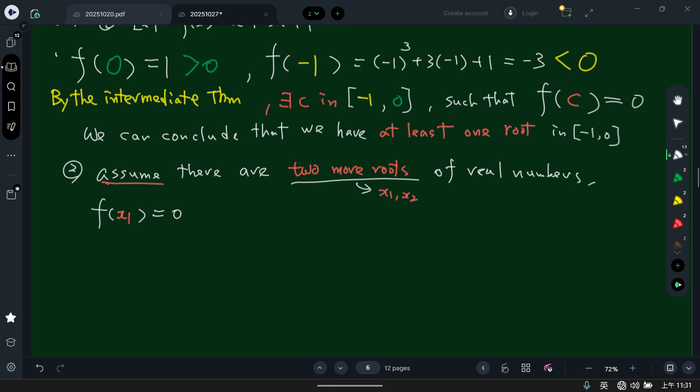right? And at the same time, since S2 is also a root, f of S2 should also be 0, right? Because we assume these two are roots. So of course, when we put them in as input for the function, we get the return value as 0. Okay, then by Rolle's theorem, we can find a C